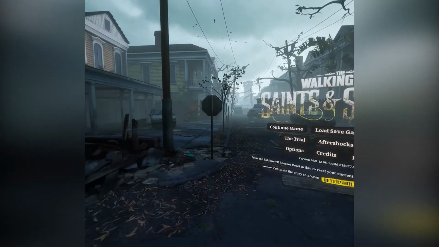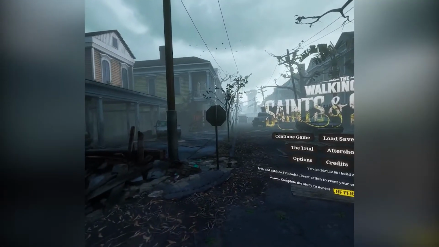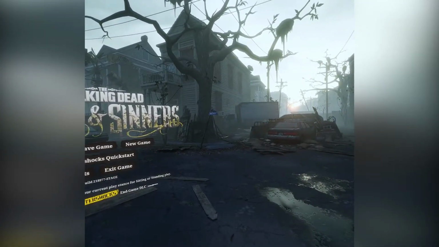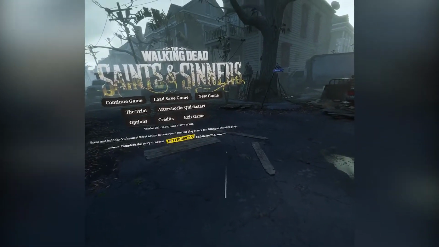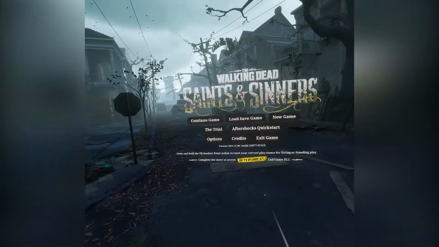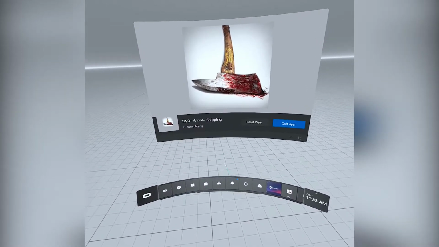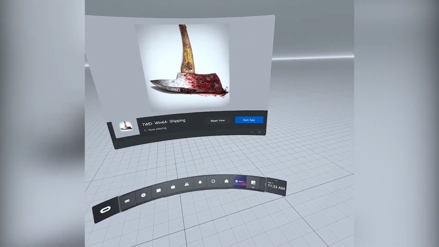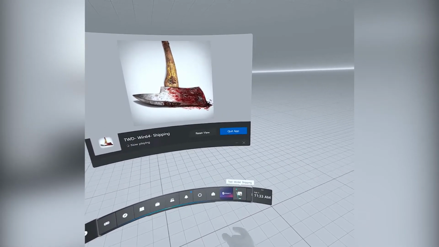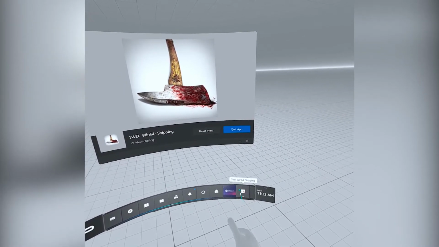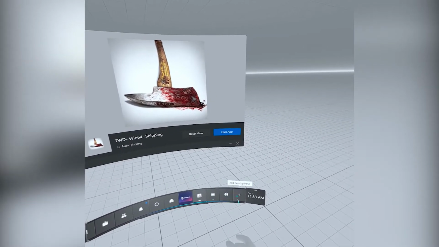Now, as you're playing this game, you may want to be able to see your alerts, your comments, things that are happening on your stream. Maybe you want to even be able to control or at least see your OBS. So to do so, click the right Oculus button, which will pull you out of the game and back into your PC VR environment. We see that Steam is still running, and we have a new tab showing up, which is the game that we're playing. Now, if we push to the right, we can see our desktop again, but we can also see